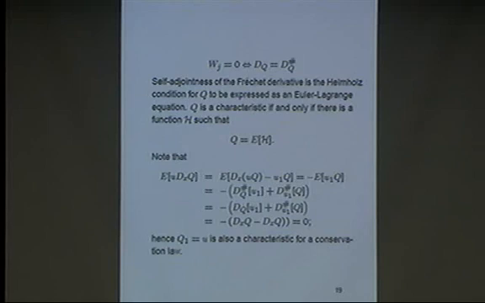Yeah, I don't know if people remember much about that, but we've got these Helmholtz conditions for something to be an Euler-Lagrange equation. It's exactly the self-adjointness of the Fréchet derivative. So it's obvious in one direction: if you have an Euler-Lagrange equation, because H doesn't depend on t, then u_t is a characteristic for it. But maybe not the other way. But it's the only possibility. But that's what comes out. It has to be